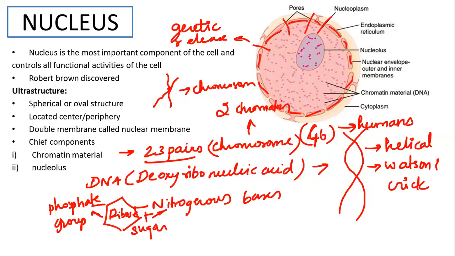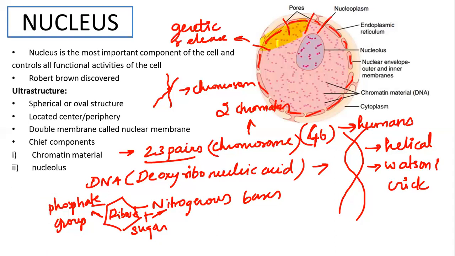You can ask me why it has to be done. DNA usually has to be converted into protein. Your DNA has to be converted into protein for cellular processes. So that genetic material has to come out of the nucleus through the nuclear pores. Am I right? And this nucleus is